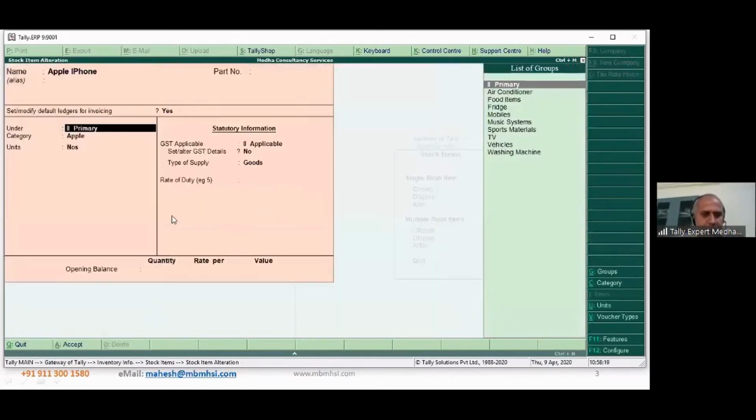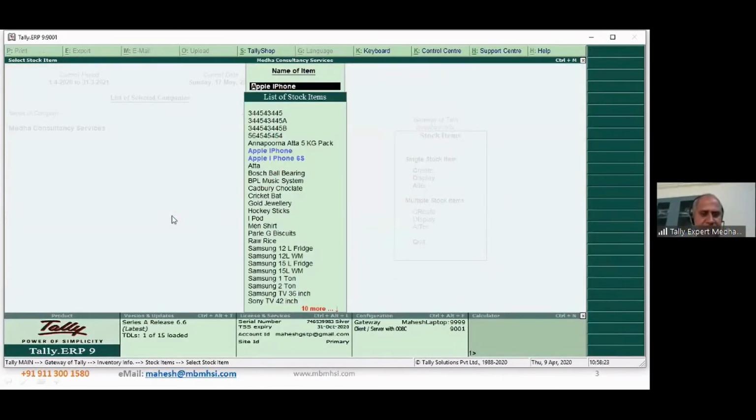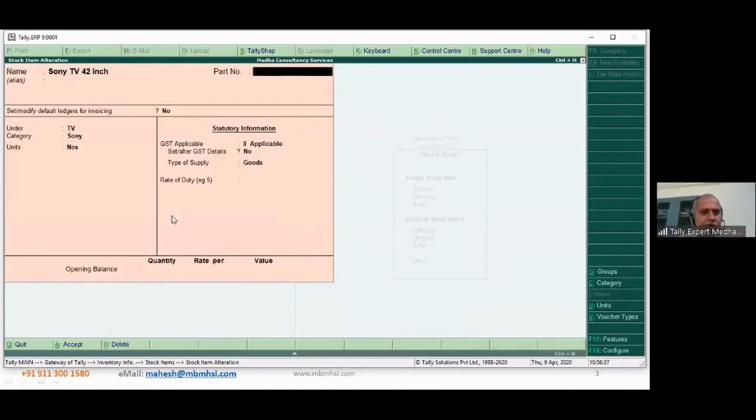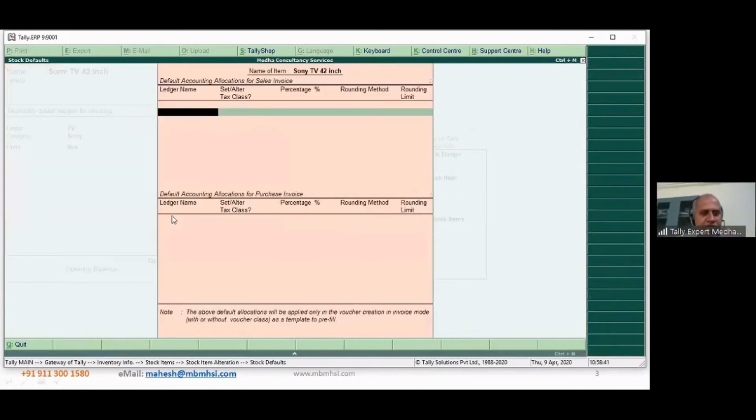Okay. So now when I have tagged this, let me just go to the other things that I created. Purchase of television, right? So there was a television. Let me just go to Sony 42-inch. Enable set modify ledgers for invoicing. Sale of television. This should go to sale of television.